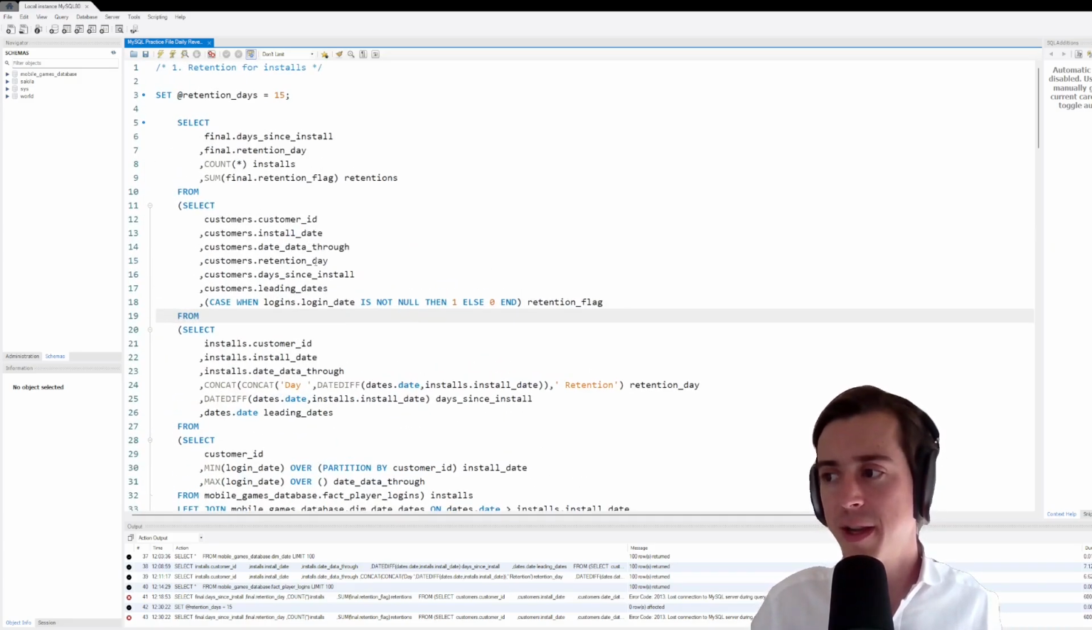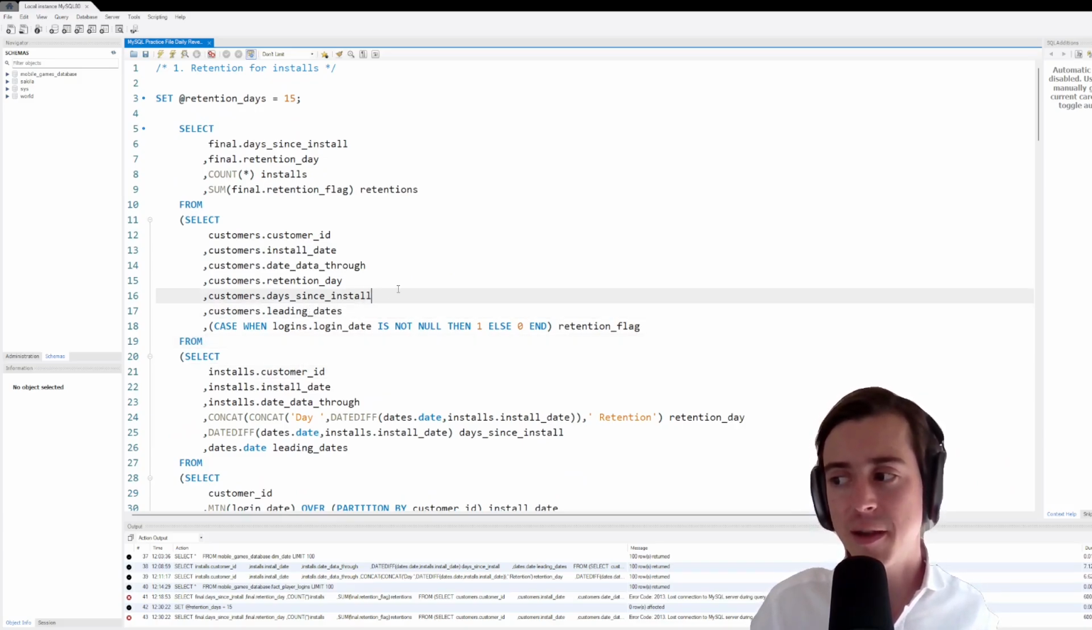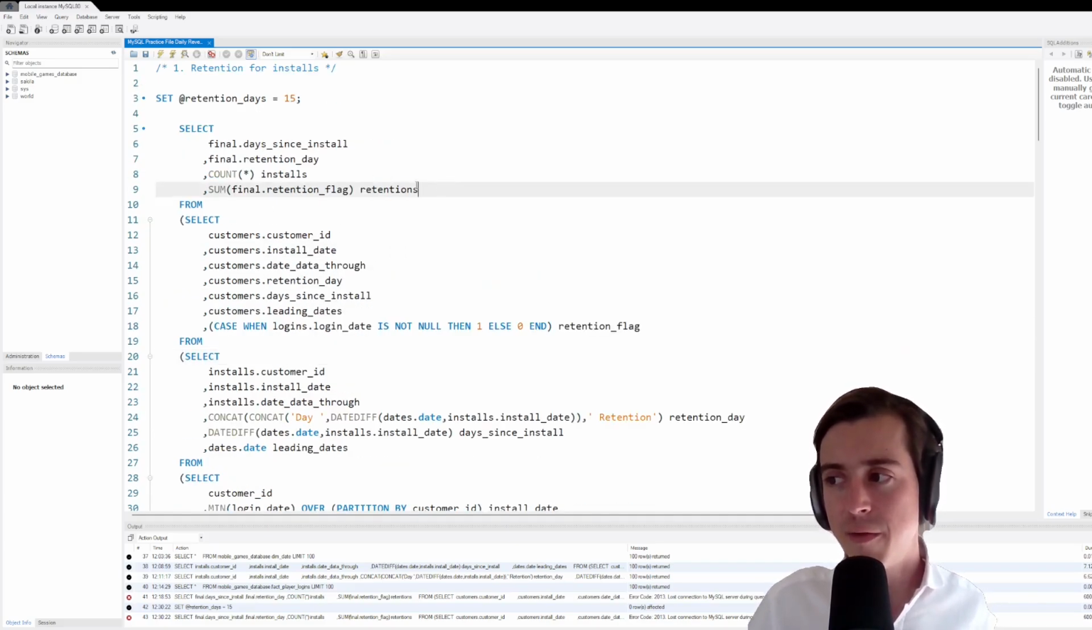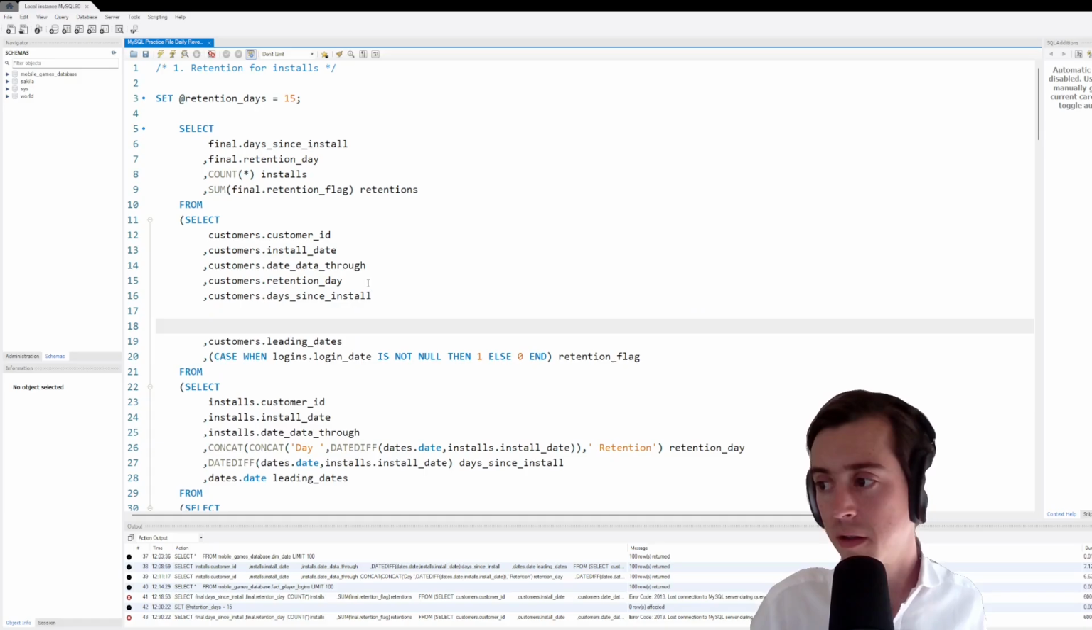So let's zoom in a little bit. And here's what we're going to do. We're going to remove a few of the columns in these subselects that are not needed. So if we look up here, we need day since install. So we're going to keep that. We're going to keep retention day. And then we're going to keep the retention flag,